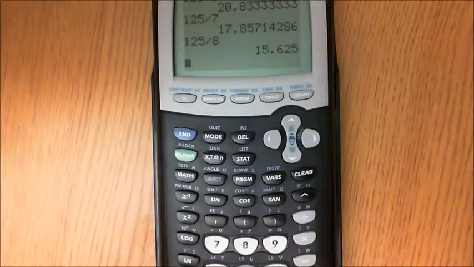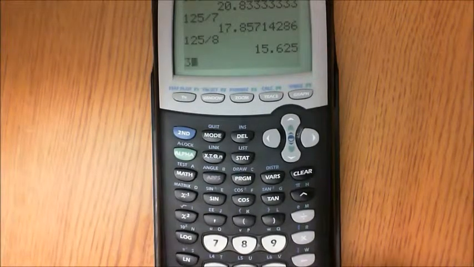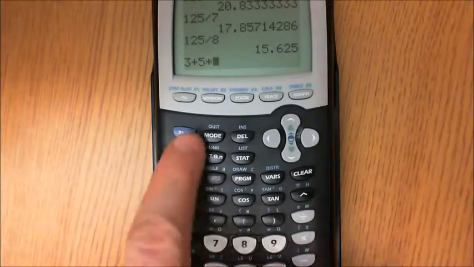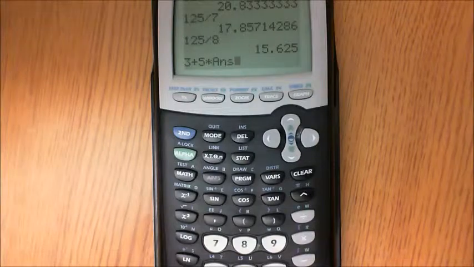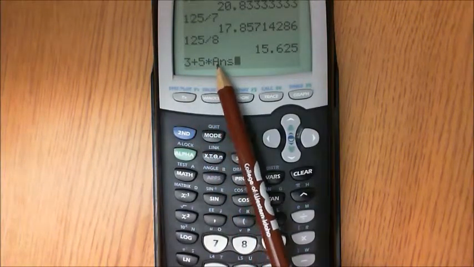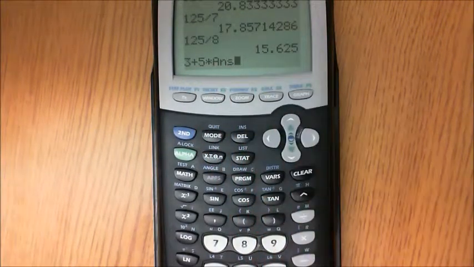That can be used anywhere, like for instance, the answer key can be used anywhere in the problem. So let's say my math problem asked me to do 3 plus 5 times my answer. I could do that, and then second answer, and it's going to put the 15 in to where it'll then be 3 plus 5 times, and then our answer will use the